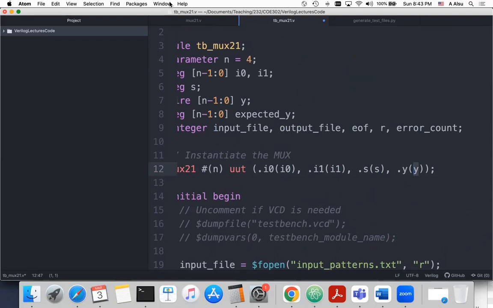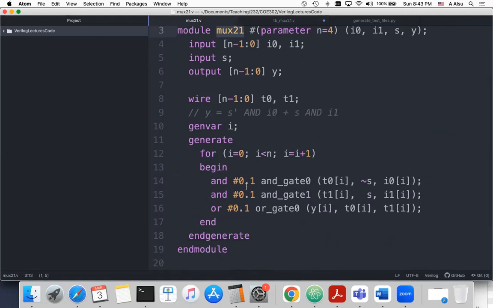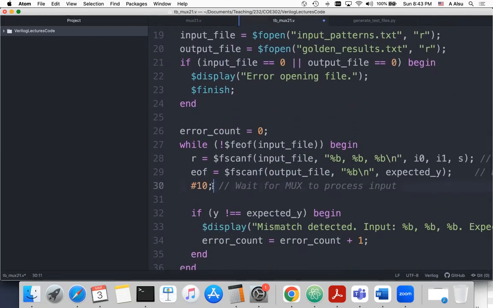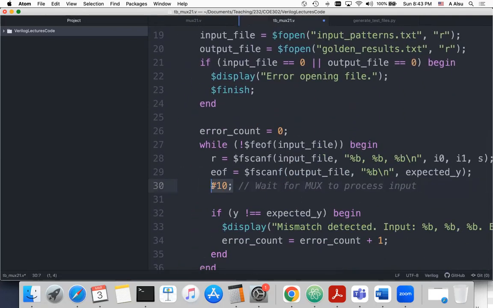After 200 picoseconds, however, we are just waiting for 10 nanoseconds. That is, we are giving the circuit enough time to recover the output by applying the input for long enough, and we are also reading the expected Y, the golden output, from the output file. After waiting for the circuit to process the input,